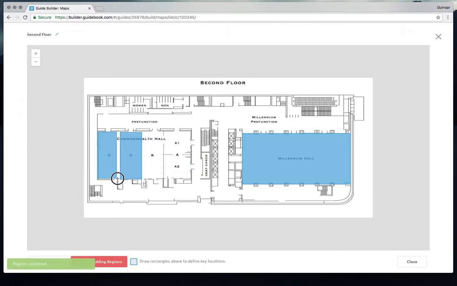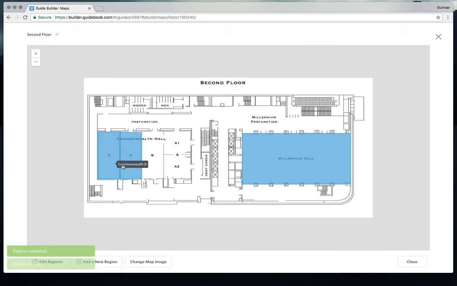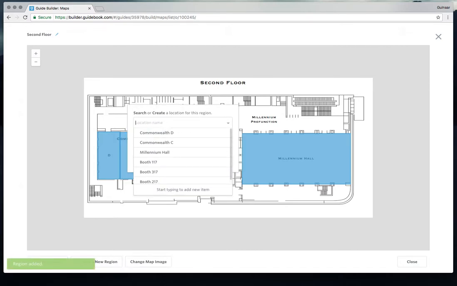We also need to do Commonwealth D. Again, you can type A on your keyboard, or you can click on the button to add a new region. Let's say I have a workshop that's also taking place in Commonwealth A, but I haven't added it yet. I can do it from the map side as well. So let's click Add a New Region, click and drag over Commonwealth A,